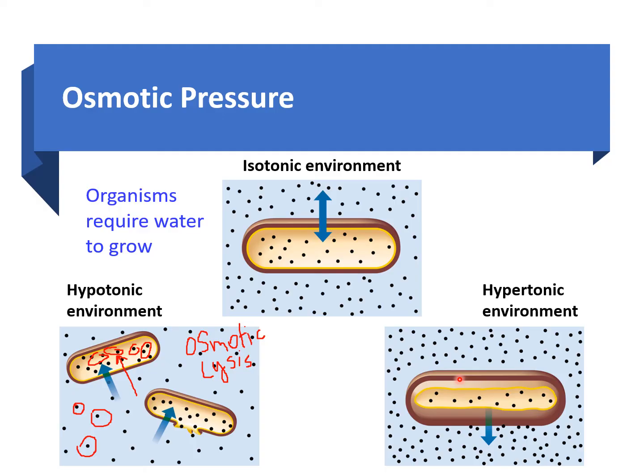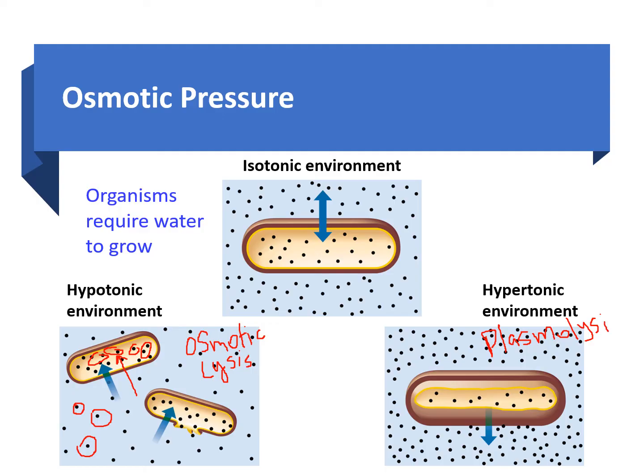Okay, it's a tough layer, but the plasma membrane, as you can see, is going to start shriveling because, again, the cell is losing lots and lots of water. And what do we call that? We call that plasmolysis. So plasmolysis, that's when the cell is losing lots of water